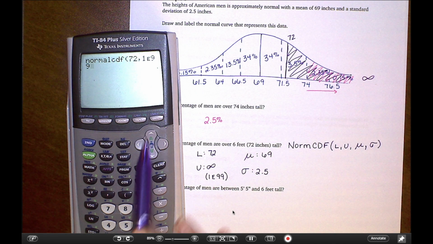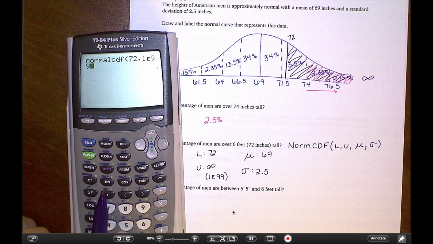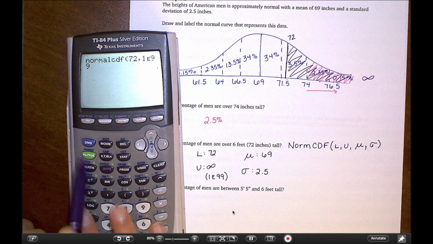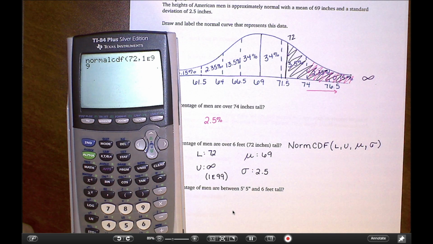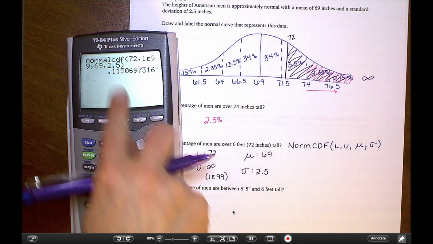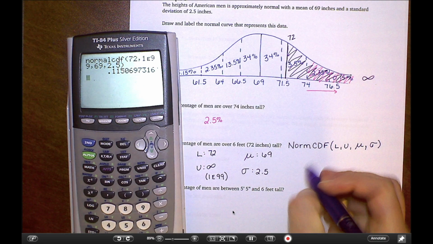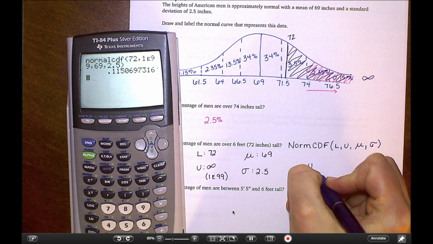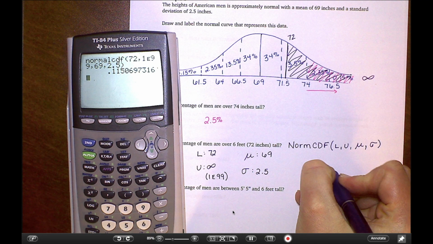By the way, I got there by doing 1, and then the EE is above the comma there, so 1EE99. That's how you do infinity, comma, 69, comma, 2.5. Close your parentheses, hit enter, and there's your answer. We're putting this down as a percentage, so I would probably say something like 11.5% of men